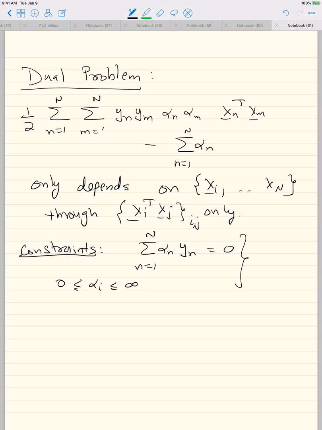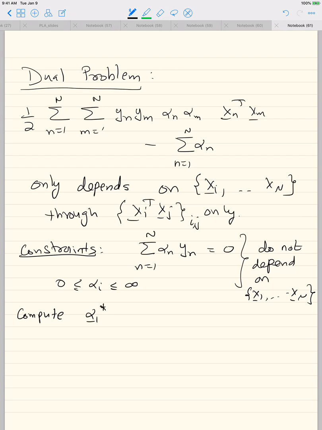Neither of them depend on the training points themselves. So if I had just given you the pairwise inner products of all the training points, you did not have to know what the original vectors x1 to xn were to solve this problem. You can still solve it and compute